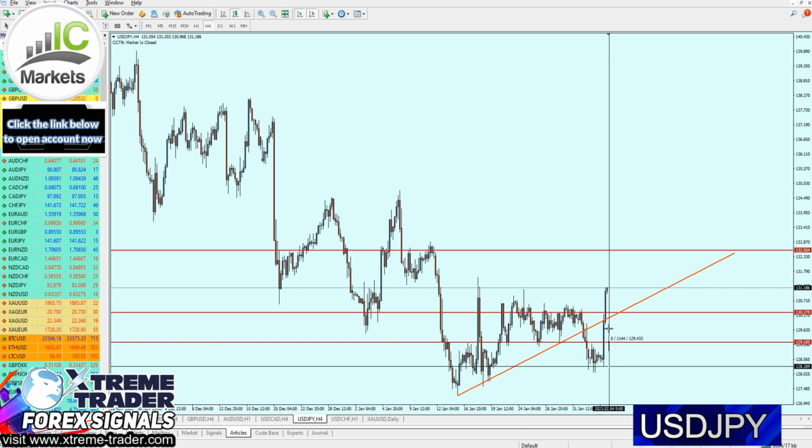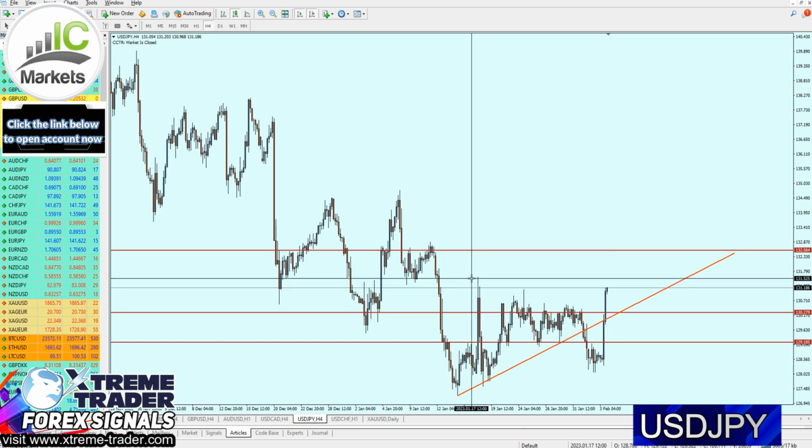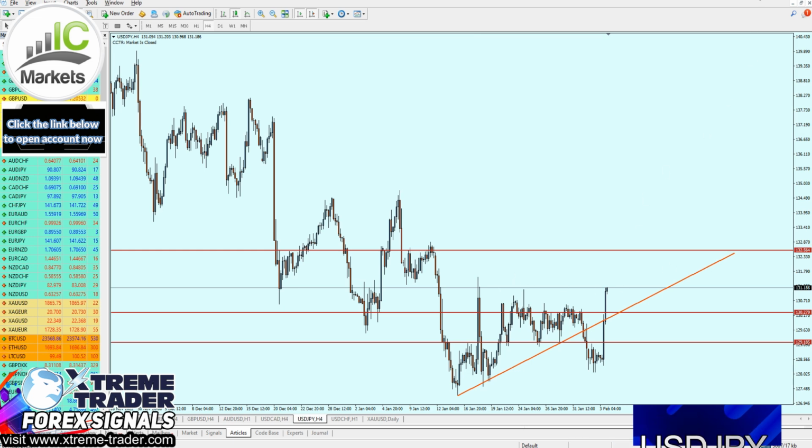As we can see, one candle has moved for about 190 pips. Another candle right here moved for about 300 pips. So again, the USDJPY is really worse than the gold nowadays, and this is normal.